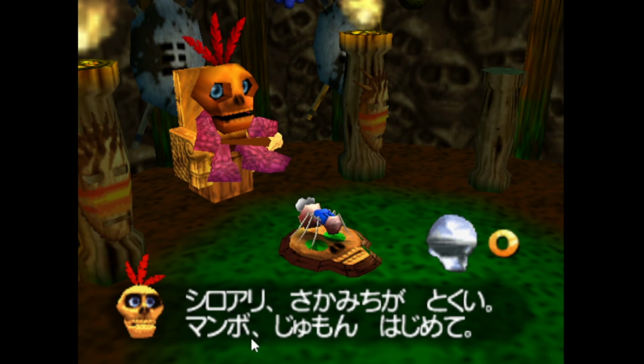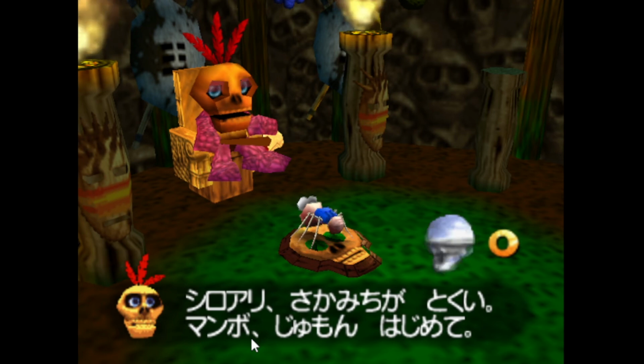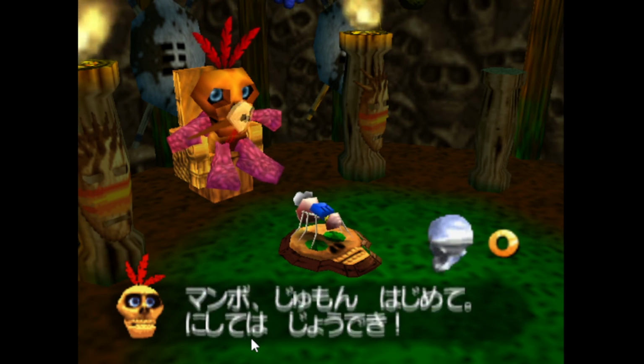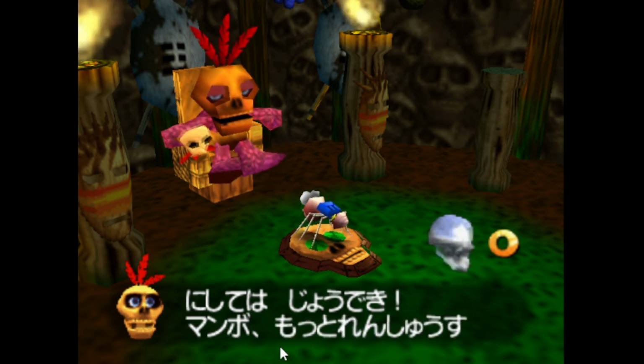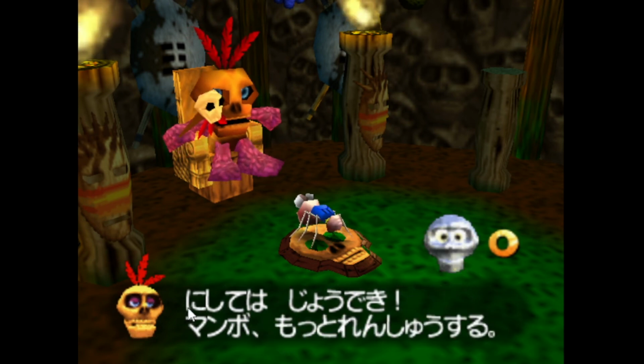I don't know why he's speaking in kind of a disjointed way like he does in English. So it kind of works. Nishite wa joudeki. Joudeki. Okay, well this is sort of joined up actually to the rest of the sentence before. Oh, joudeki means good performance. I didn't know that.